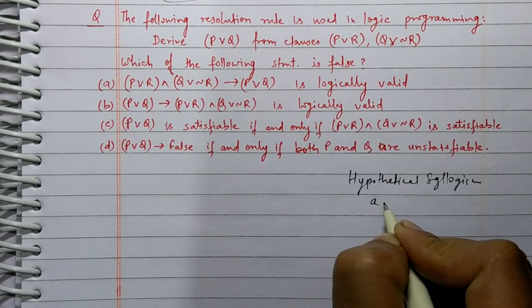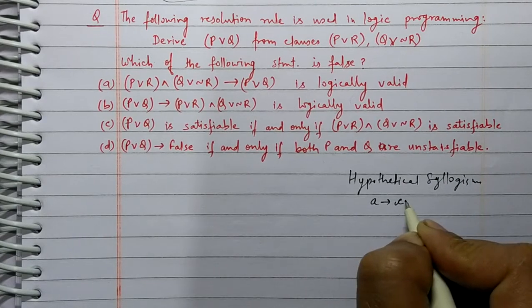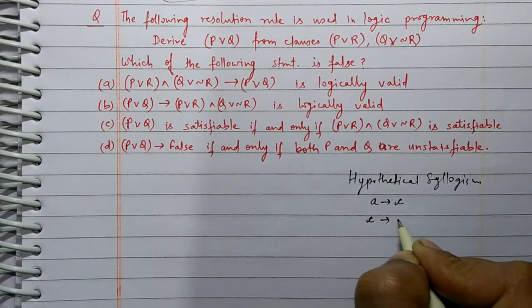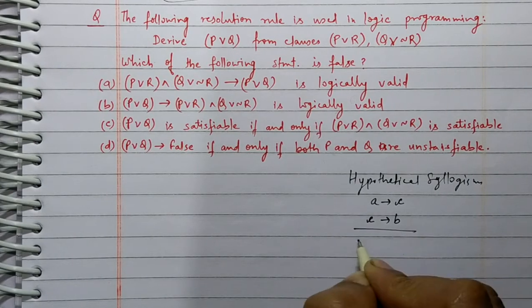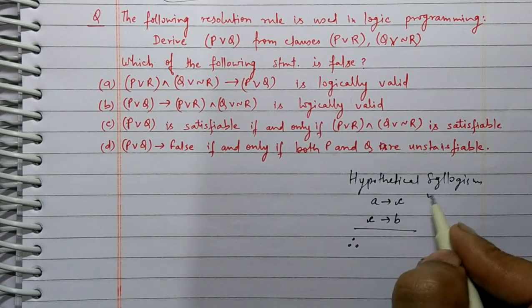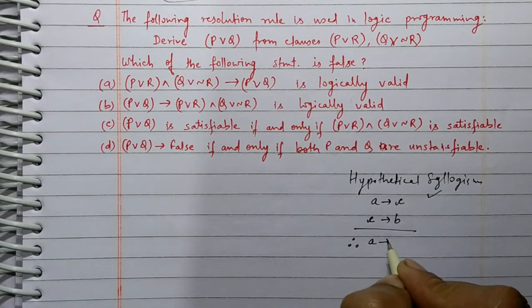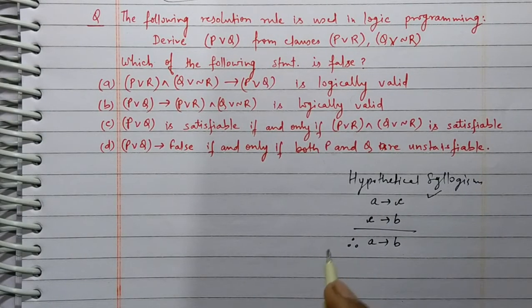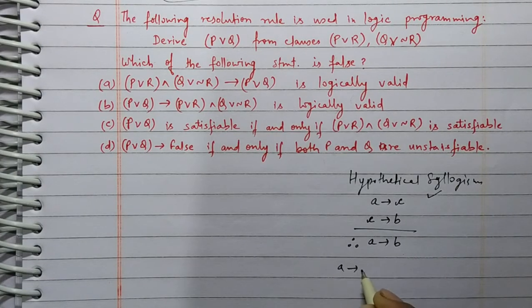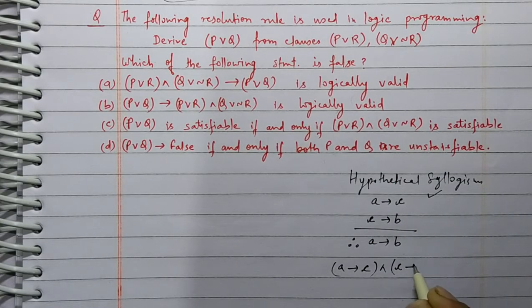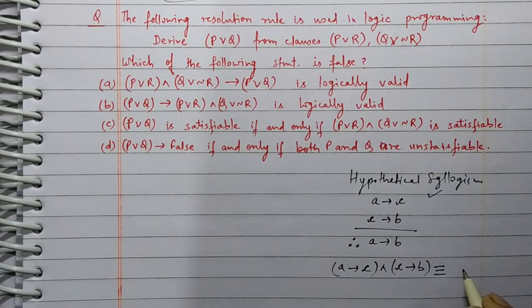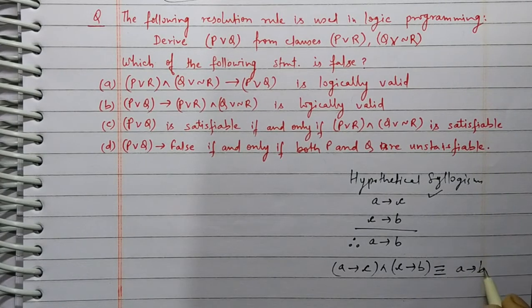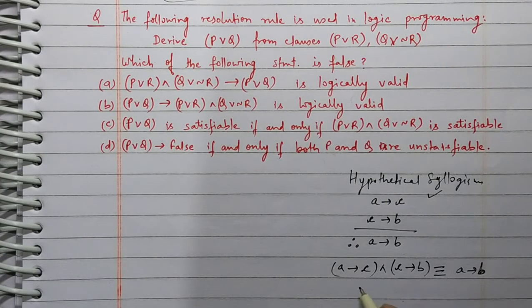It says that if A implies C and C implies B, then using hypothetical syllogism we get A implies B. Or for understanding you may write it in this way: A implies C and C implies B is equivalent to A implies B. So if we use this,